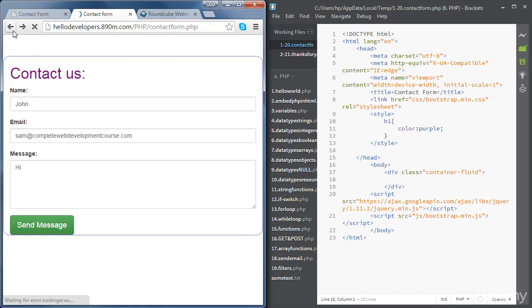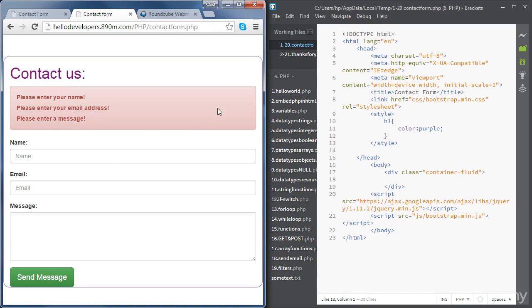Okay, so first of all, we are going to create the form using HTML and Bootstrap. And then we're going to write some PHP code to filter the data. So we're going to clean the data and then validate it. If there are any errors, we are going to print an error message just like this. And if everything is fine, we are going to send the email and redirect them to the thank you page. Okay. So first of all, let's start